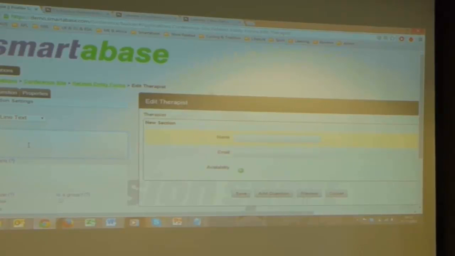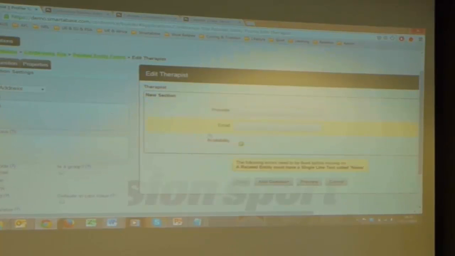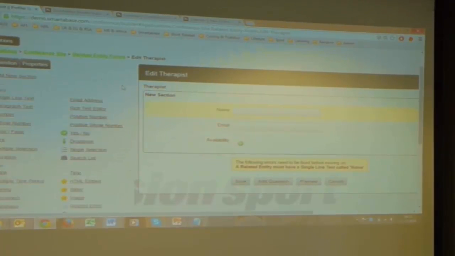If I try and call this provider or physio or doctor or just something else, you'll get this red error message that says it has to be called name, because in the back end that's how we make them talk to each other. It needs that label. Similarly with the email address, that needs to be called email. So if I quickly just go to change you back to name, and in your add question,